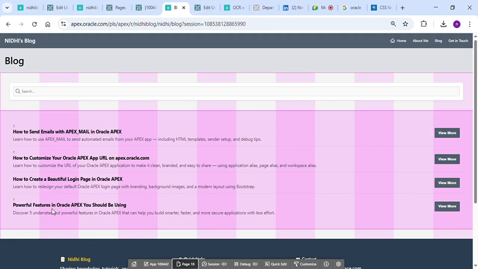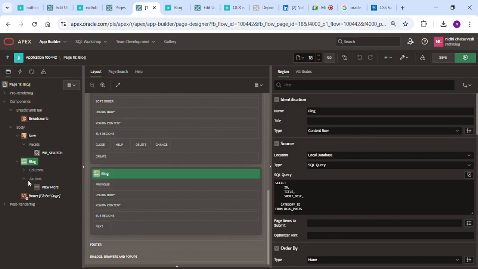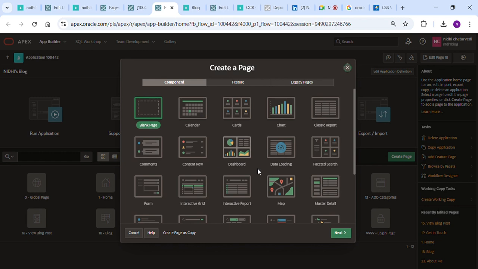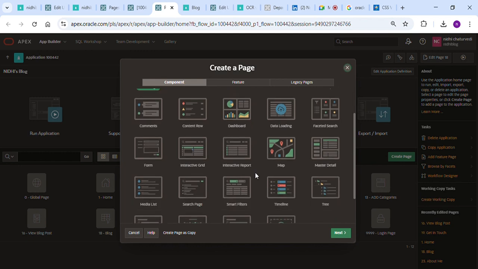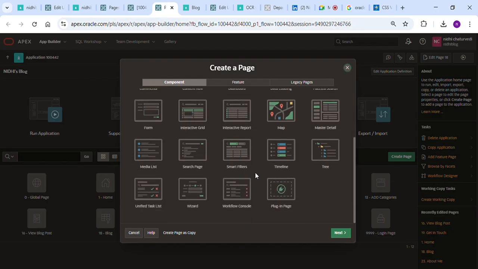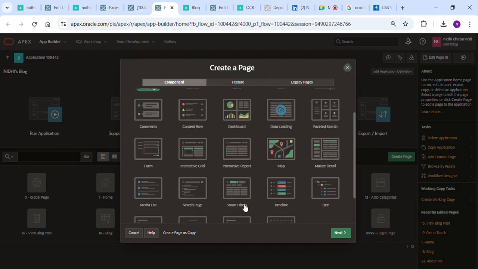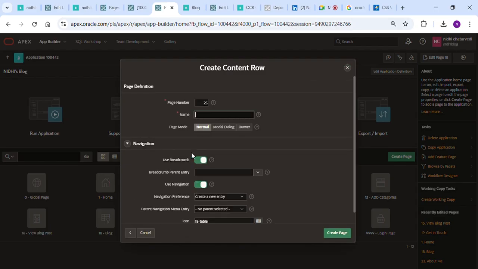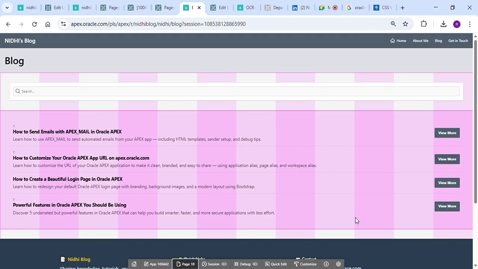Like this one, this one, this one, this one. We have already almost got types of items. So what is this here? This is what I am using when I create a new page, and you have to be using such pages also with workflow, console, media list, tray. So I am using the content row to create this type of interfaces here,